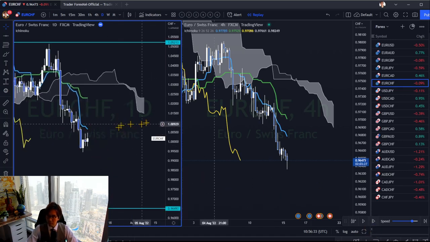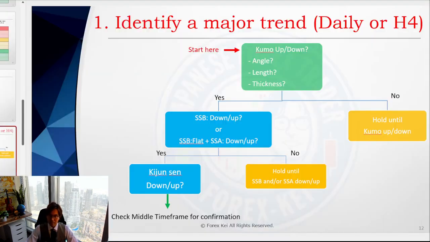But let's see. On the next one, this is looking good because Senko span A is down, Senko span B is flat, but the Kumo thickness is much better than before. So when you see this Kumo like this, you can expect the market goes down in the long term. So once you confirm this Kumo angle and thickness and length are okay, then you check if Senko span B